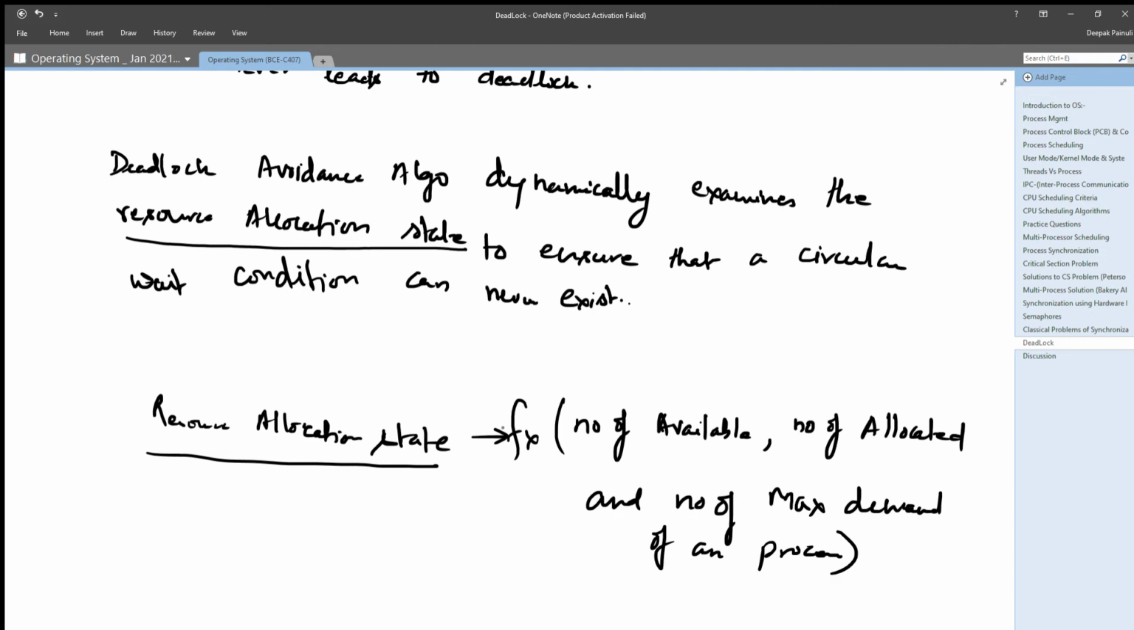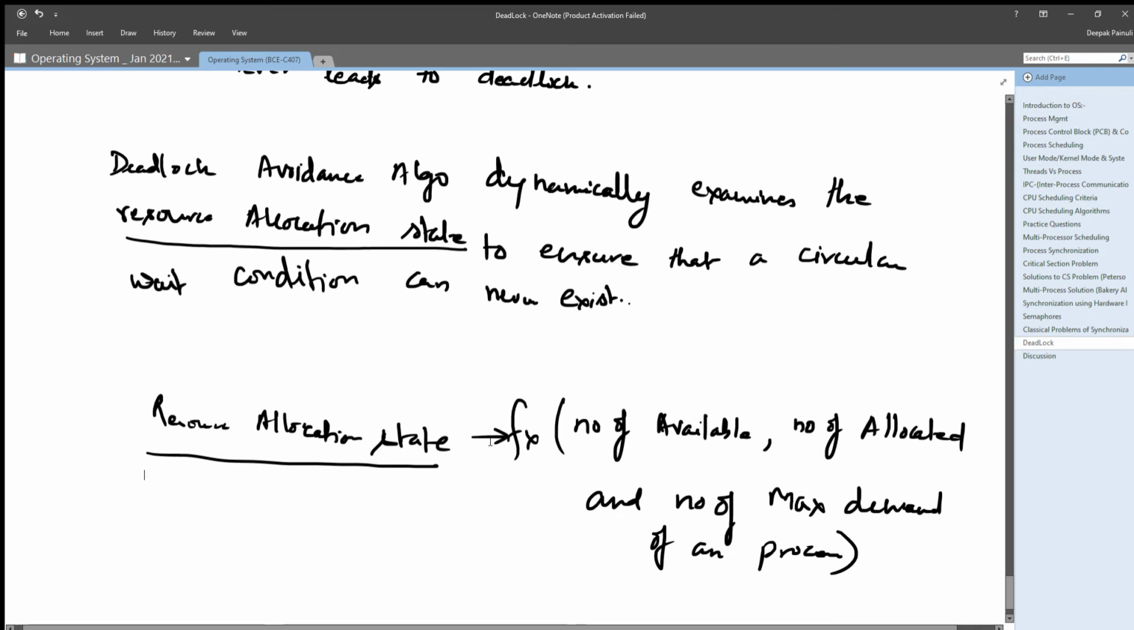So resource allocation state is a function of these three things, right? So in general, what we are saying is that we are